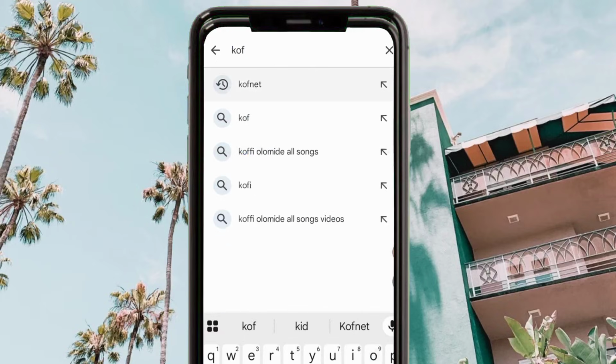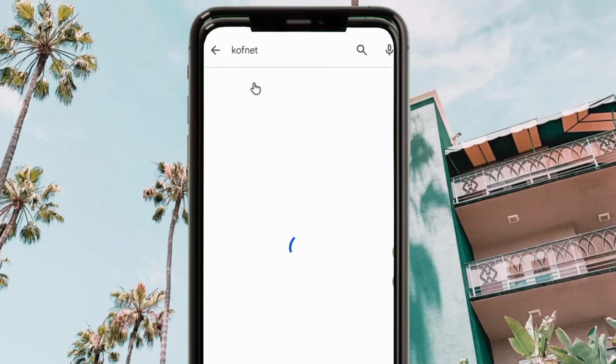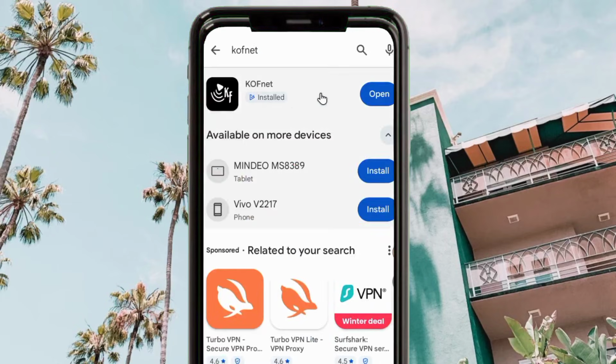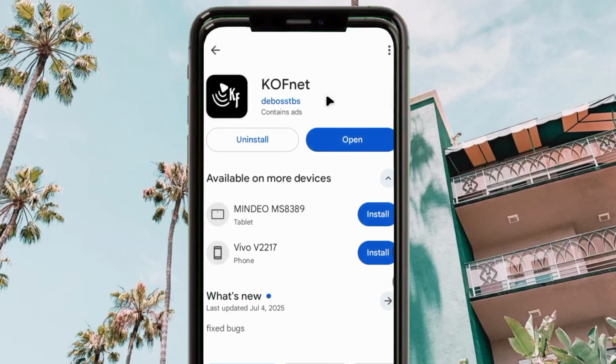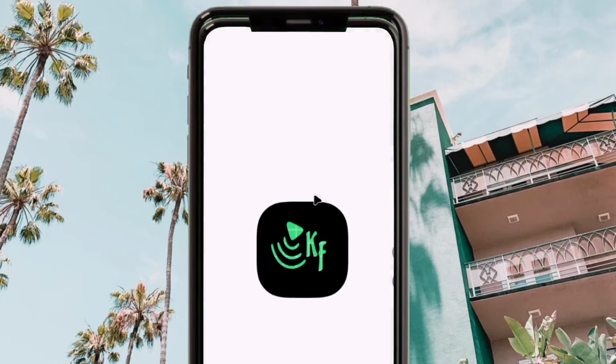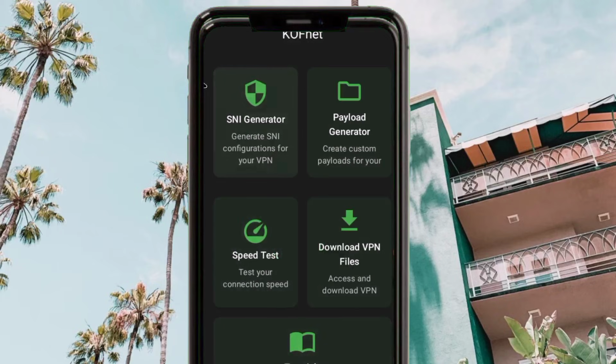It will help you to generate SNI for your country. So you search for this app, CovNet SNI generator. This app will help you generate the SNIs for your country. So among the presented, you open this, and then you click open, and from here you click on SNI generator,